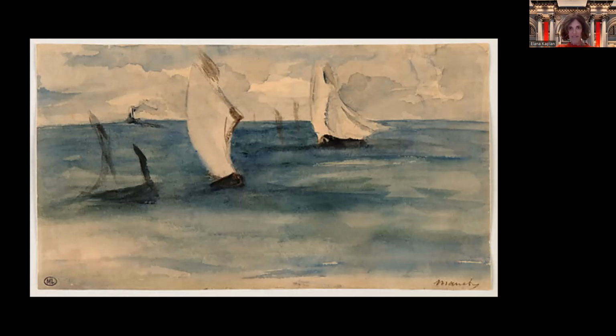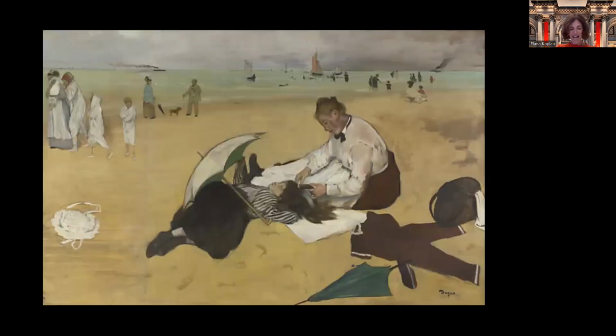We'll see a couple more of their beach scenes. This is Degas' beach scene from 1869. It's at the National Gallery in London, and it's also a smaller painting, 18 inches by 32 inches. And this was the same summer in 1869 that Degas